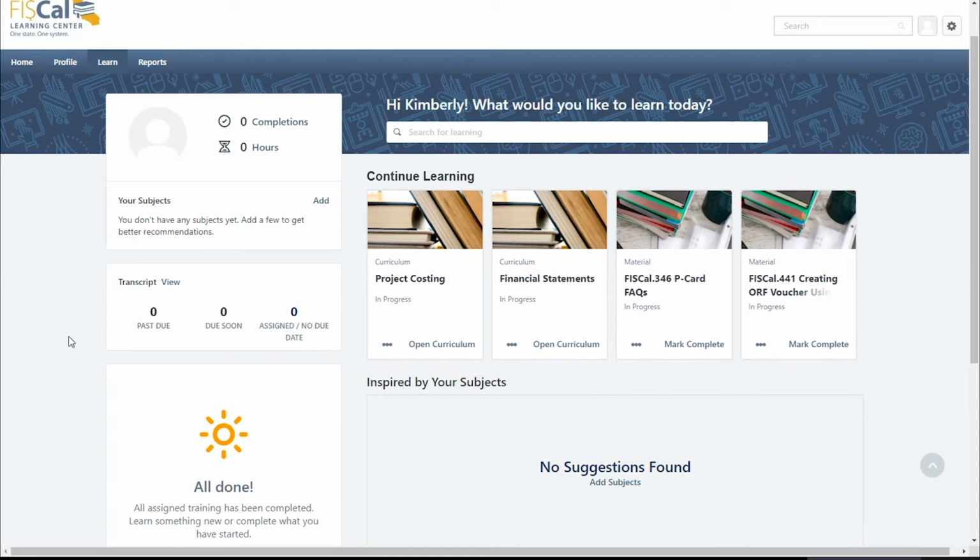Users have the flexibility to search for either specific job aid titles or job aid numbers, or perhaps just keywords related to a subject or process that they're interested in training on. As users begin to type into the search box, suggested training titles most relevant to that search term will begin to display. For example,